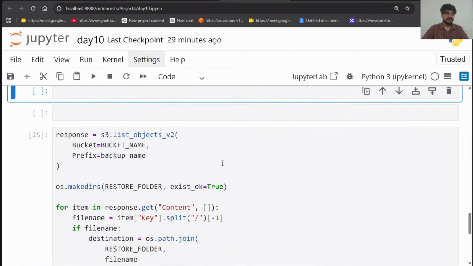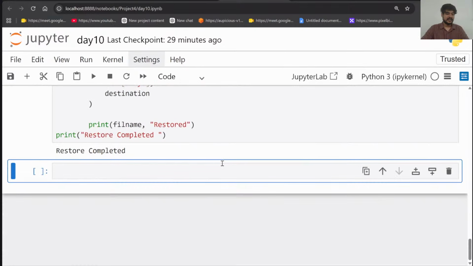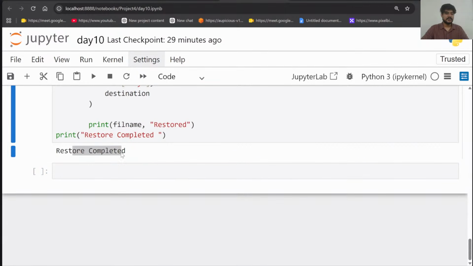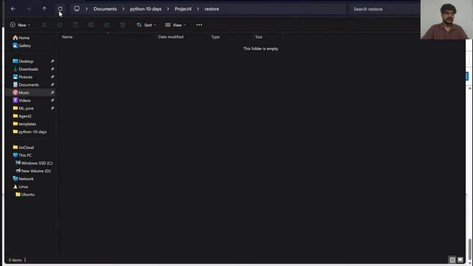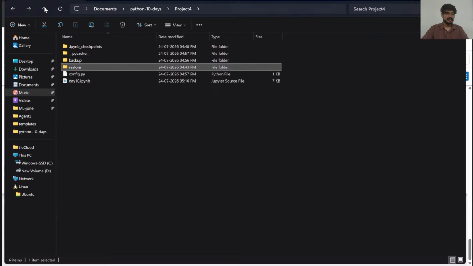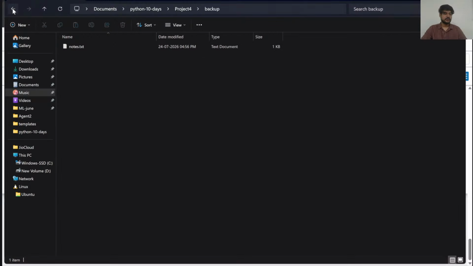Right. After this, I want to tell this: whatever is being stored, store all the values inside a restore folder. They're not restoring it here, maybe somewhere else. Refresh it. Right now they are not restoring this backup, but after some time you will see all the values will be restored over there in my case. In this case, inside the backup folder there's nothing. That is why there's notes.txt, but they will restore it after some time. They're not downloading here. They'll restore it for us if we want to do it in this case.